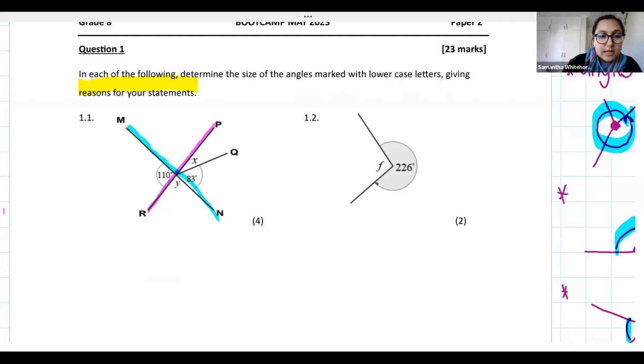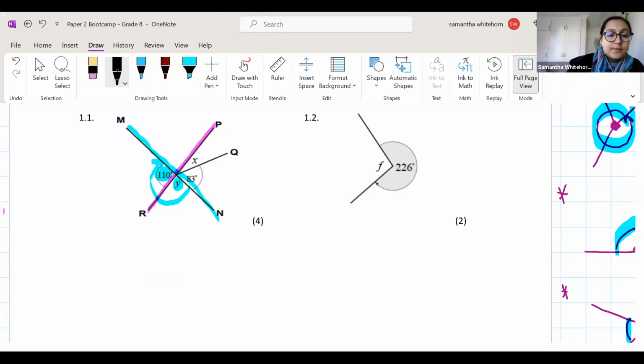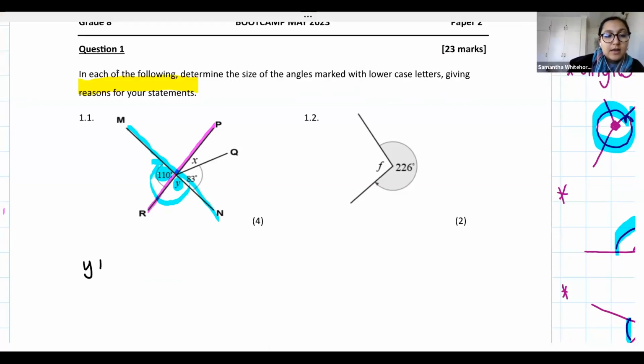And so what we know is that the angles that fall along the straight line, so in the case of the blue that I'm highlighting, Y and 110, because they are on a straight line, they should add up to 180 degrees. So I can make a statement here that I know Y plus 110 degrees must give me 180 degrees. Right, now, very importantly, grade 8s, you have made a statement, which means that you have to give a